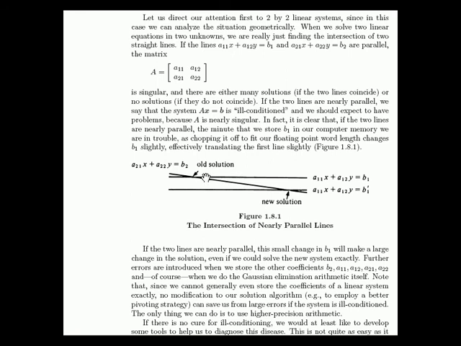And if the two lines are parallel, there's no solution, or many solutions if they're the same line. If they're not parallel, then they intersect in a unique point, and there's a unique solution, and everything's fine in matrix algebra anyway. But in numerical analysis, what if the two lines are nearly parallel? Well, then theoretically there's a unique solution, but it may be very hard to find,